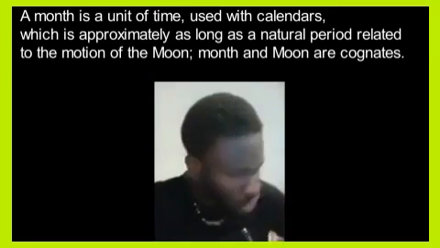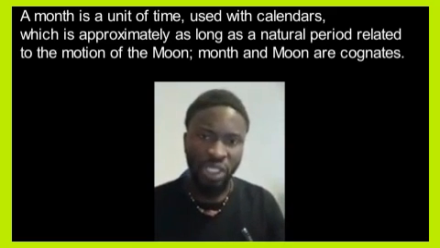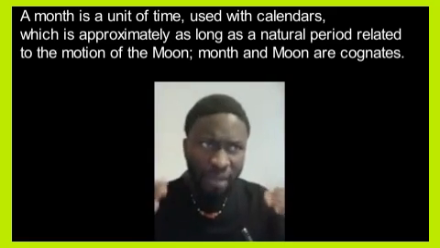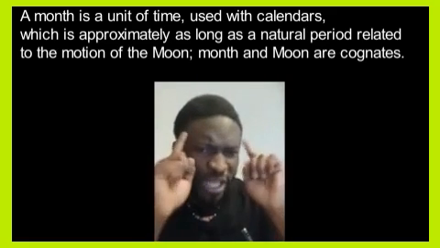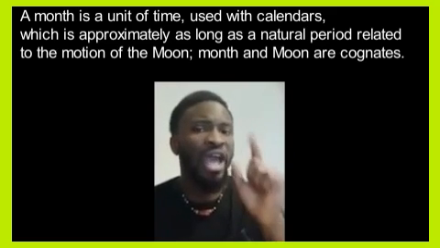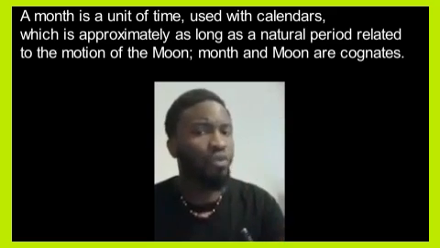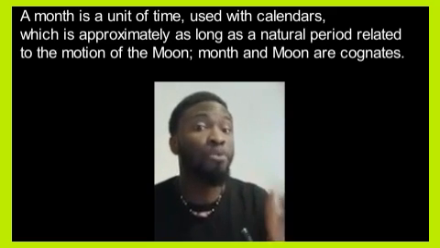So when we say Shahar, a month is a unit of time used with calendars. There is no way you can have a month without a calendar. No, it's impossible to have a month without a calendar. Now remember, I'm going to hint at a point here to let you understand how we got the word month on its own, and why we have first, second, third, fourth, fifth day, sixth day, up to the end of the month. It has to do with the moon.